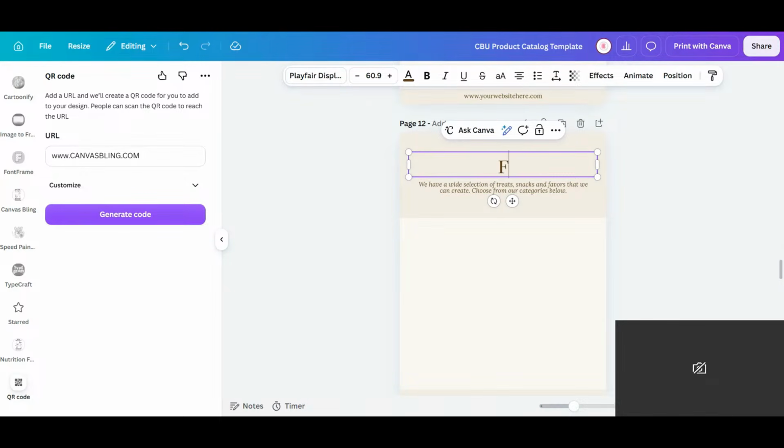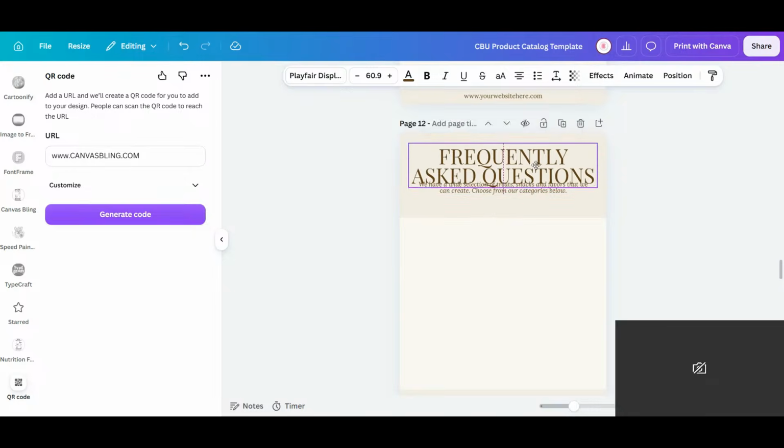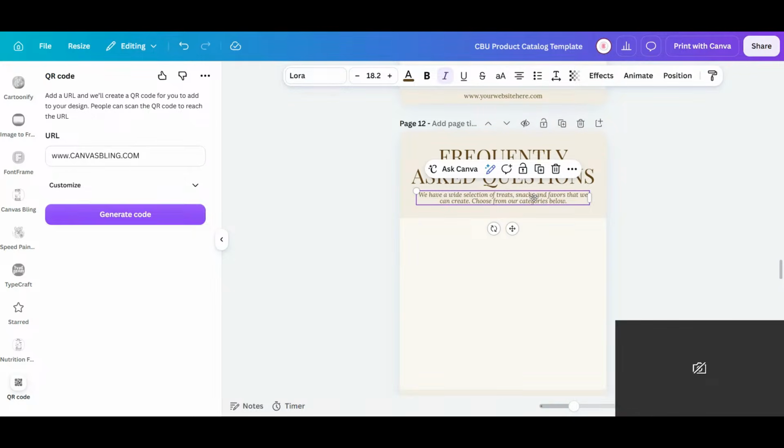Did I have it all caps? All right, so we have frequently asked questions. And if you already have this template, remember all you have to do is click again on the PDF that has the template link, and you'll see all the updates that I'm adding right now. So frequently asked questions, let's put here is what